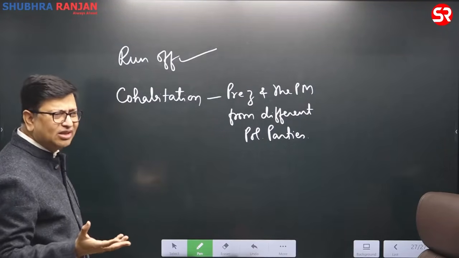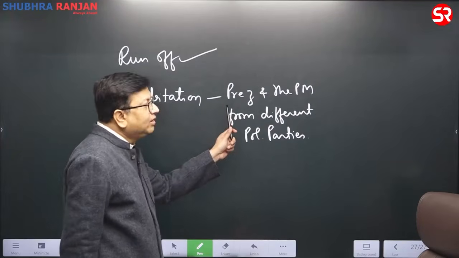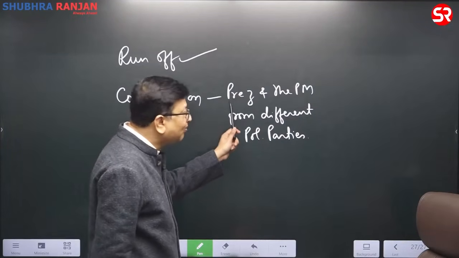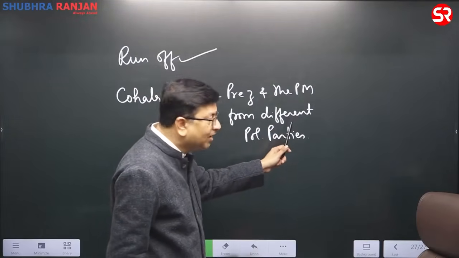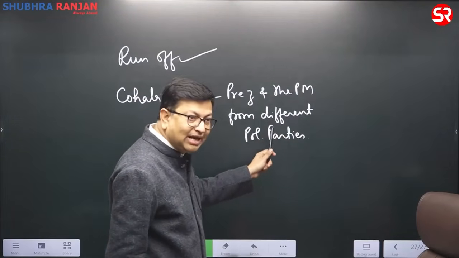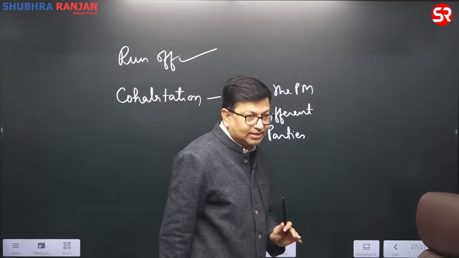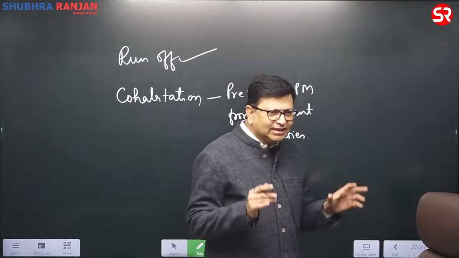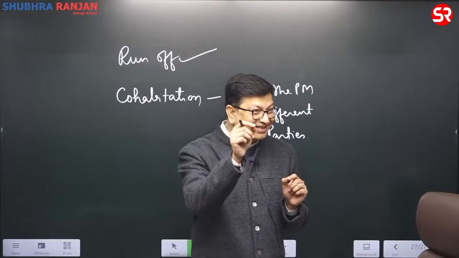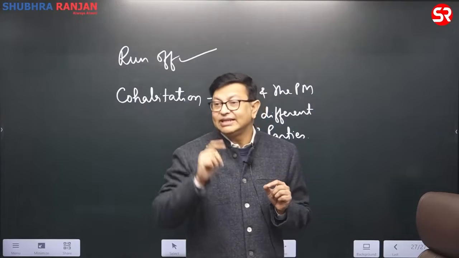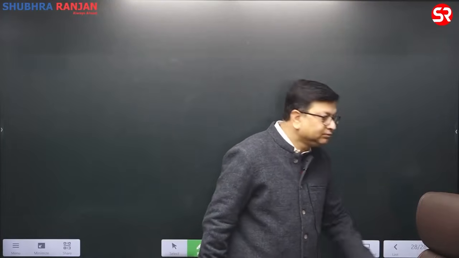No. It is not necessary. Suppose if the President has won the election and if his political party has no majority in the National Assembly, lower house, then only there can be cohabitation. Not under normal circumstances. If you hear it's a cohabitation, it is there in France. Runoff. Such type of things have to be there in your brain.